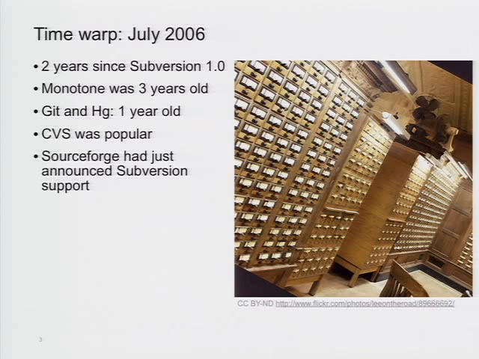1.0 was about 2 years old. One of the earliest distributed version control systems, Monotone, was a year older than that. Git and Mercurial were more or less brand new. CVS was widely used, and I guess now we're dating ourselves. And maybe several months before that, back in February, SourceForge had just announced Subversion support to add to its offering